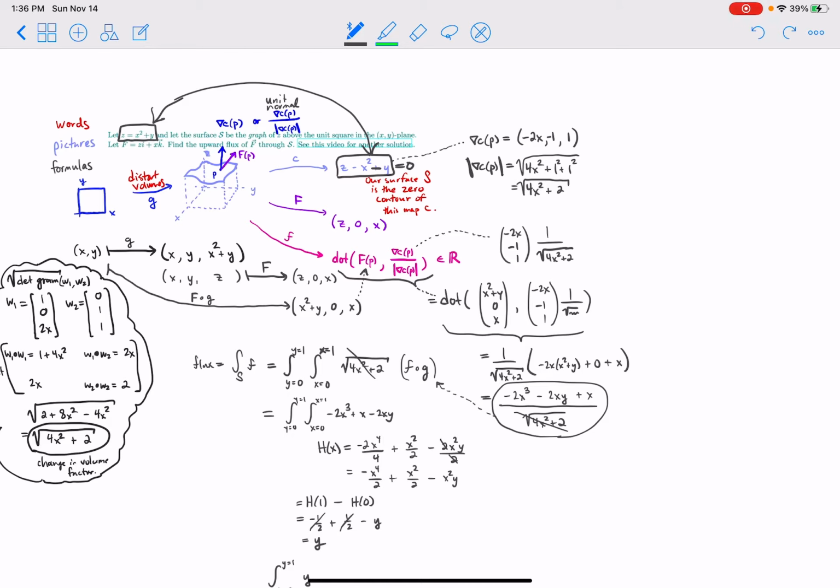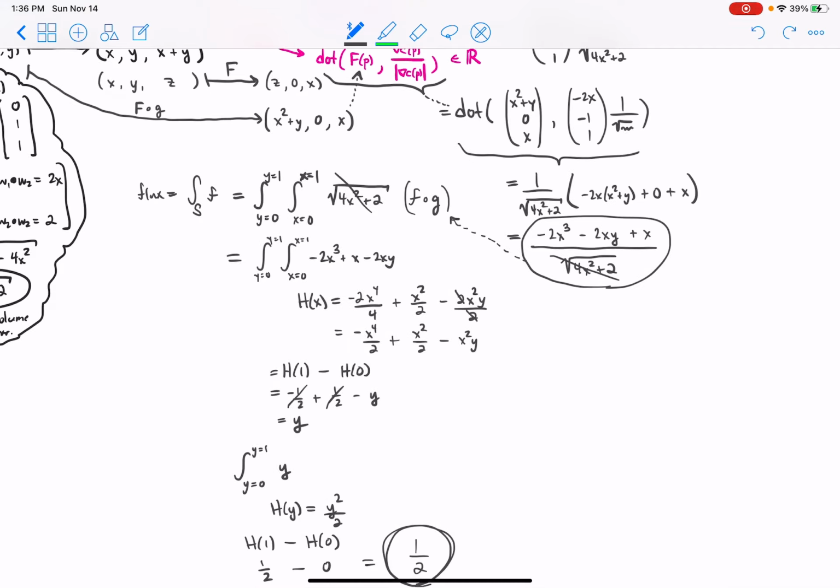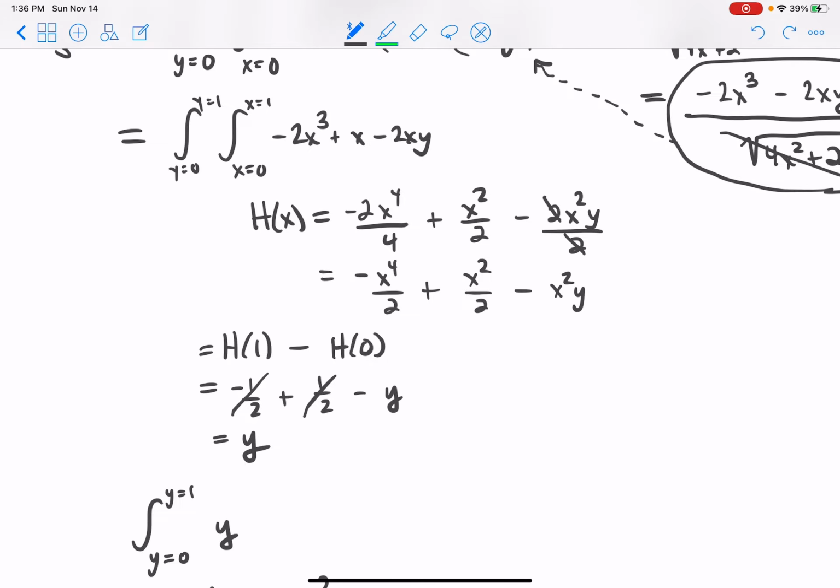Second error. So the first error didn't affect anything. I was just lucky. Now the second error did affect something right here. When I integrated, first I found the antiderivative, and then I plugged in, and then I said, well, minus a half plus a half, that cancels, and then this minus y magically became a plus y. And I have no idea why that happened, but this should be a minus y,